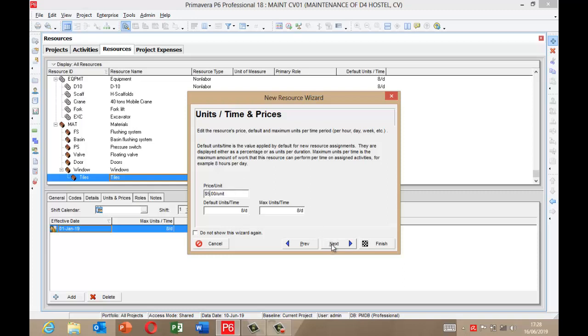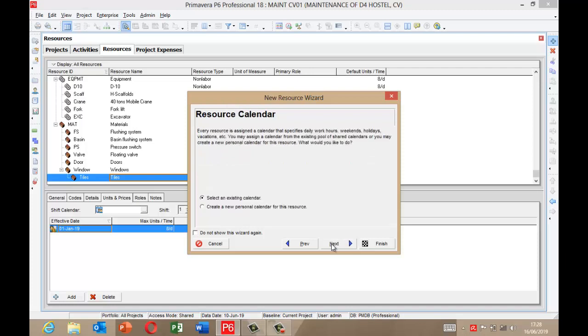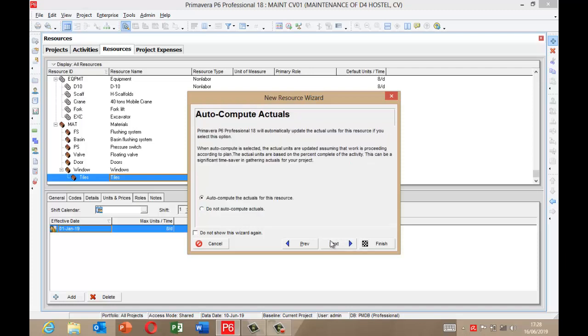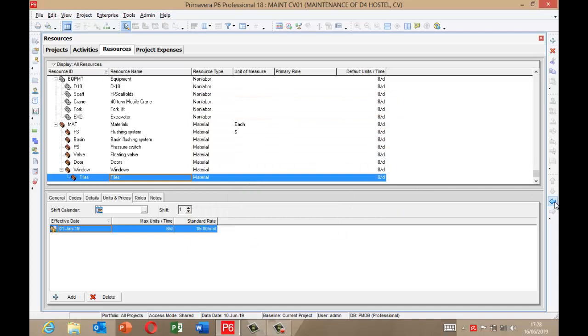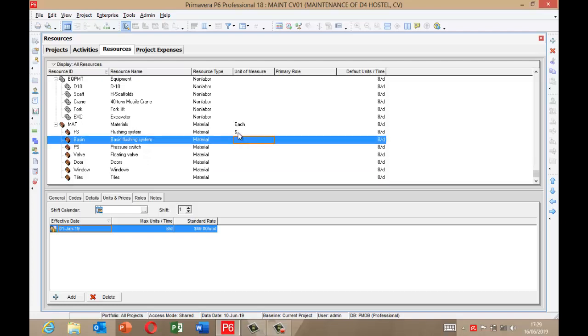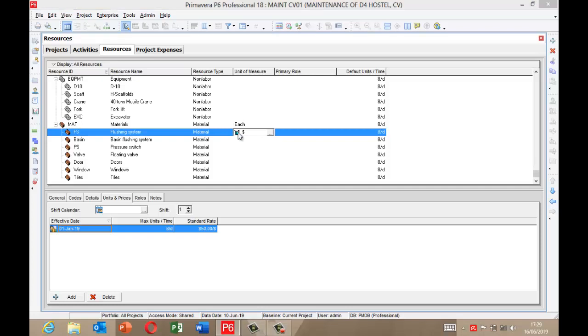$5 per unit. Next, next, next, next. In order to complete actual, next, finish, shift left. So I now have these materials I've added. Okay, now if I want to make corrections to what I did initially, like this one I used dollar, come